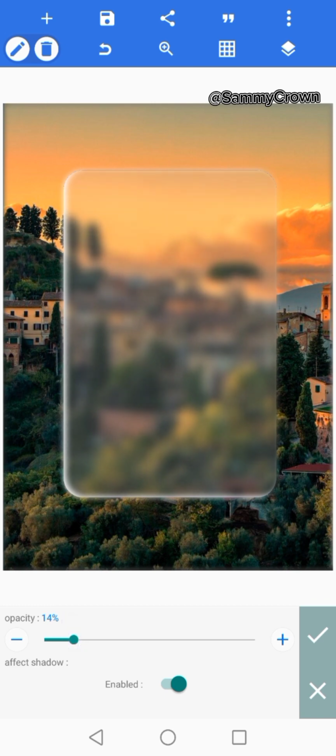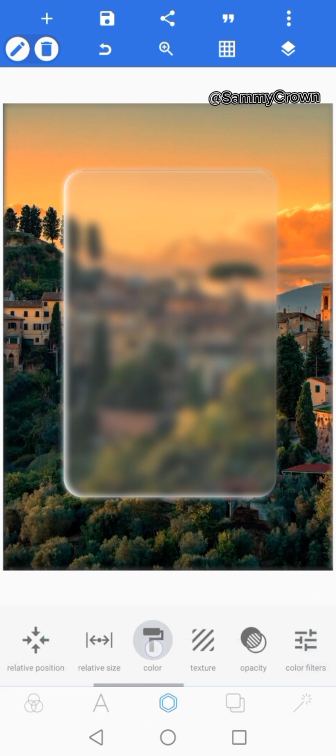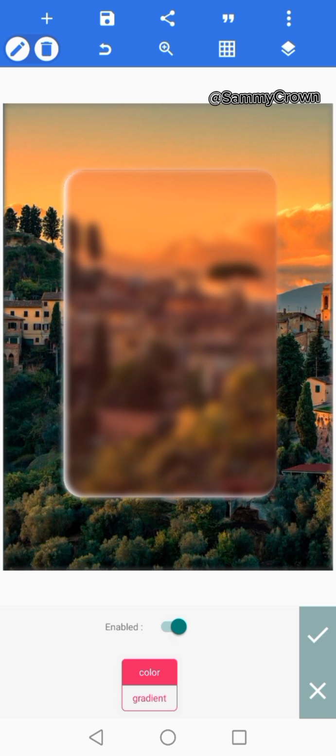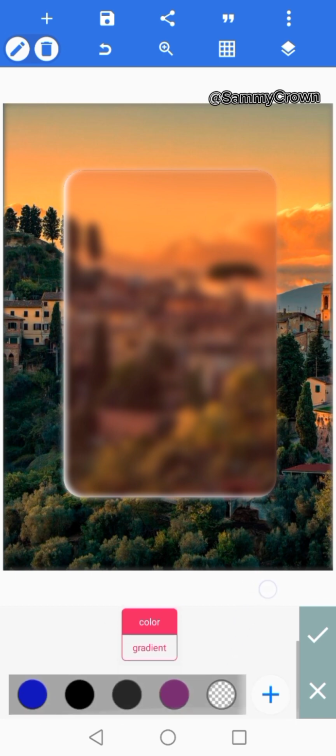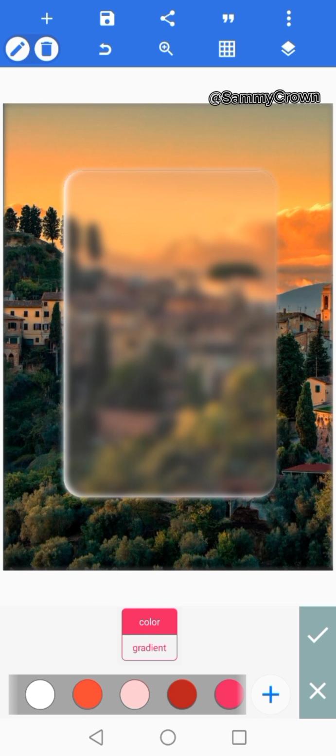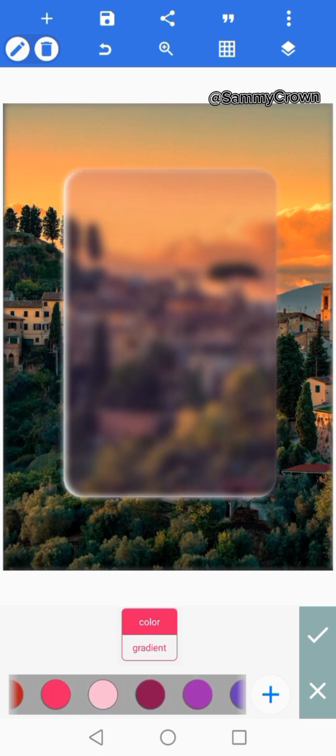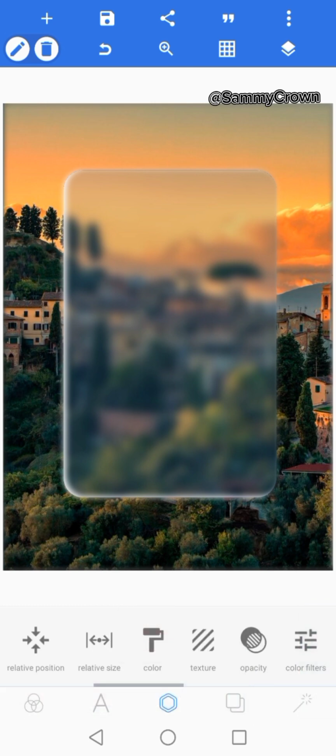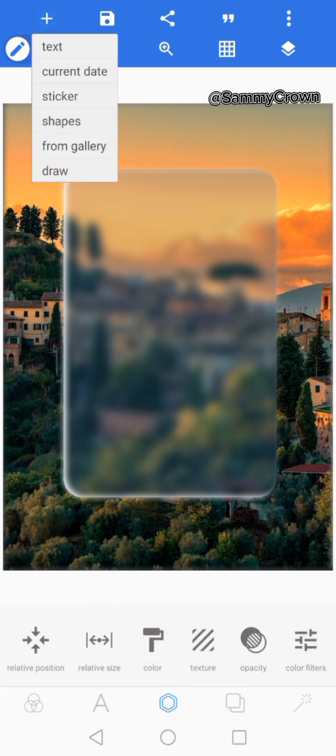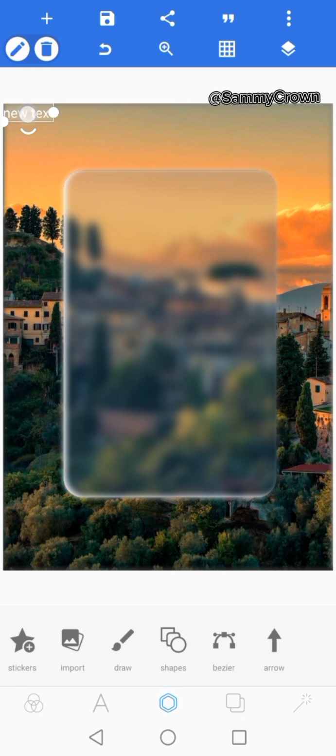Now the beautiful aspect of this is that why we try to add this one is because now you can go to the color and you can change the color however you want, or maybe you want to change the color to whatever, just to suit what you want to do with it. So ordinarily we already have our glass morphism. So as you all see, then the next thing you can actually add